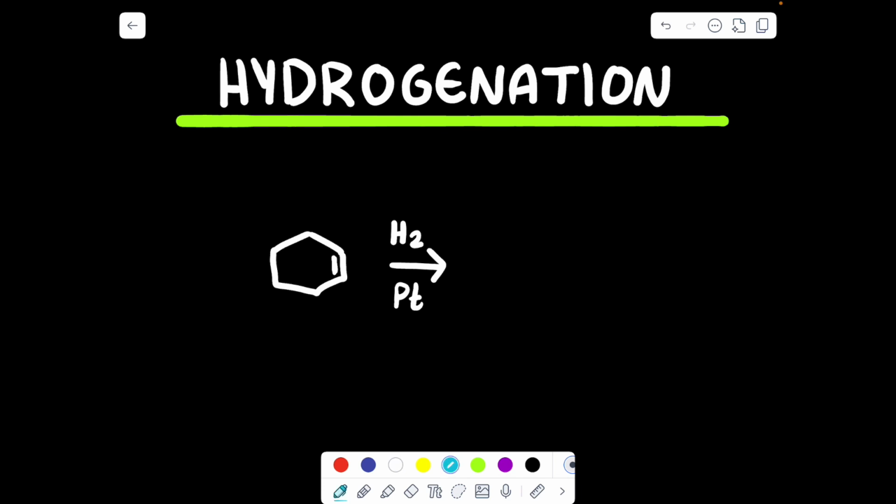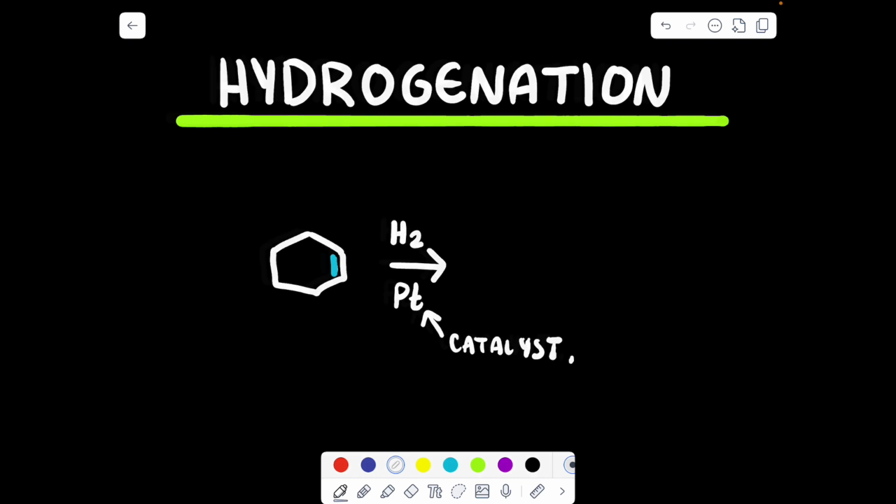So what does a hydrogenation reaction look like? You're going to need some compound with a double bond. You're going to need H2. And you're going to need some catalyst. And now all the catalyst is going to do is motivate this double bond to attack some diatomic molecule that